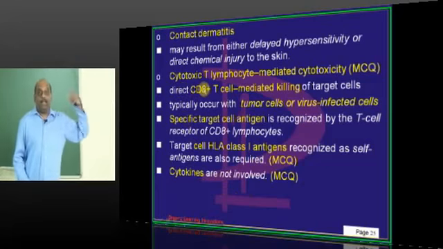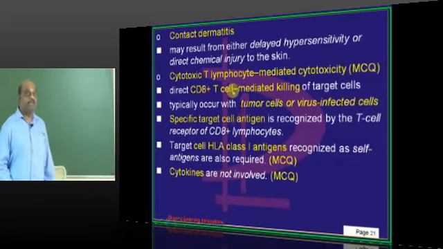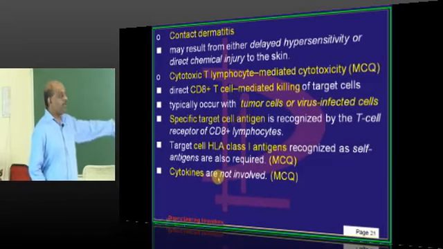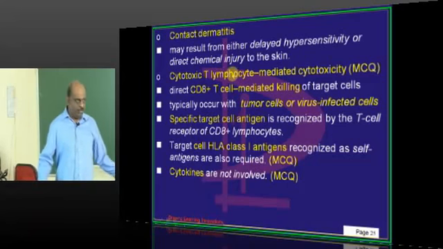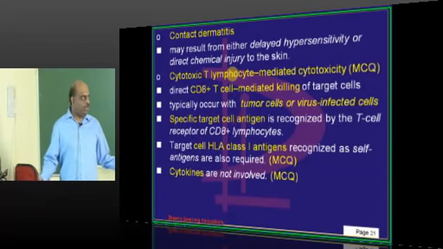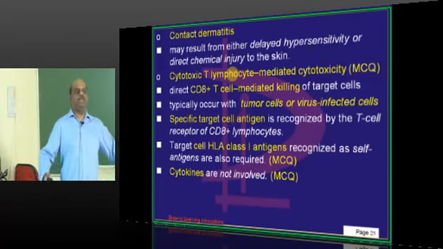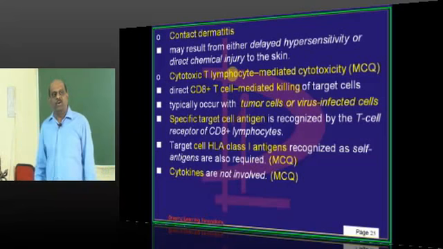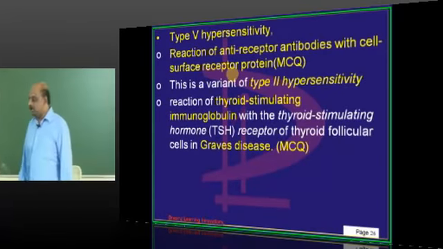And unlike the other type of delayed hypersensitivity, where you have cytokines involved, no? There are no cytokines involved in the process of cytotoxic T lymphocytes, because you don't need any macrophage or a joker like mast cell to release a few small bulletins of chemical bombs and kill. The cytotoxic T cell will go and drill holes inside that infected cell and destroy it. It doesn't need all these cytokines, so that's the point. Now comes, last but not the least,